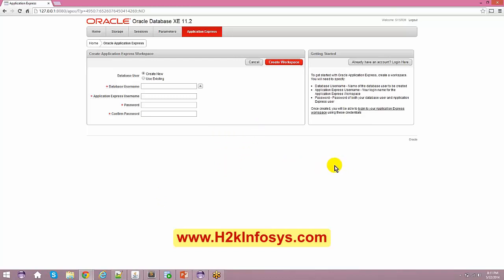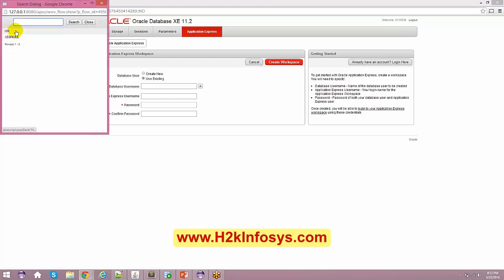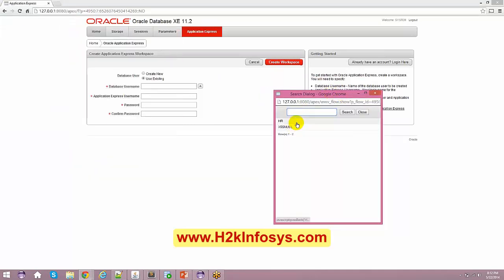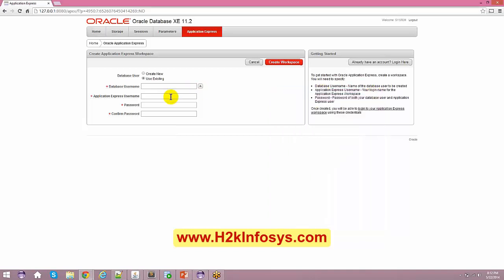Okay, and there's one more thing. Go to the Application Express tab, and you have to choose something like use existing, and if you click on this, there will be a database known as HR. So just click on that HR, and give a password and a confirm password. In this case, I've already chosen HR, so there is no point in choosing it right now. Application Express username is HR, password HR, and confirm password also HR, and just say create workspace. That will basically create an existing workspace which has already been given by your Oracle XE,